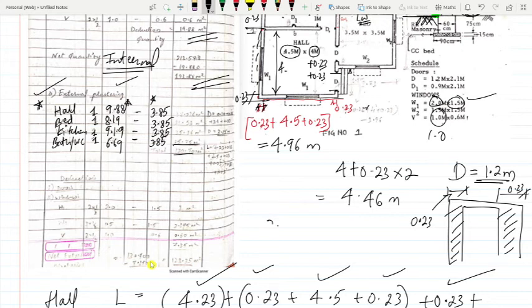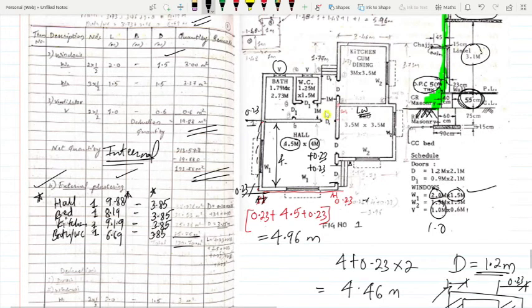So similarly you can do it even for the bedroom also. For the bedroom also the same thing you have to do. This is external plastering. Siraj, one thing you remember, that we are doing external plastering. First we are taking everything, then the next step is deductions here, deductions for external plastering.